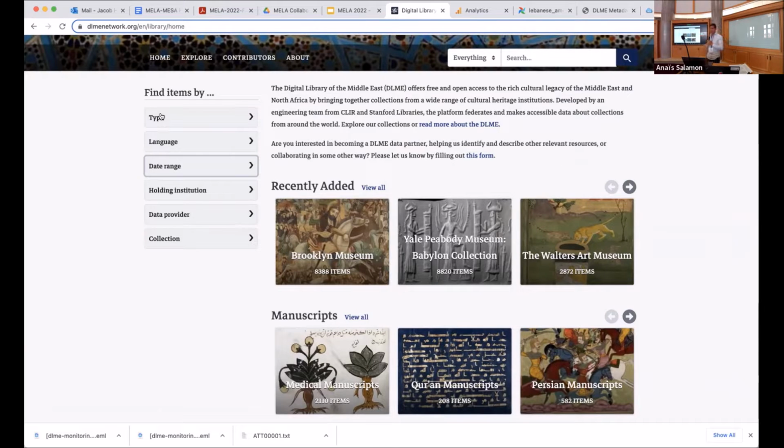We normalize the type field, the language field, and the date field. And then we also translate the date from Gregorian to Hijri calendar or vice versa, so that it's searchable in both calendar systems. And then all of those fields are translated into English and Arabic, so they're fully available in